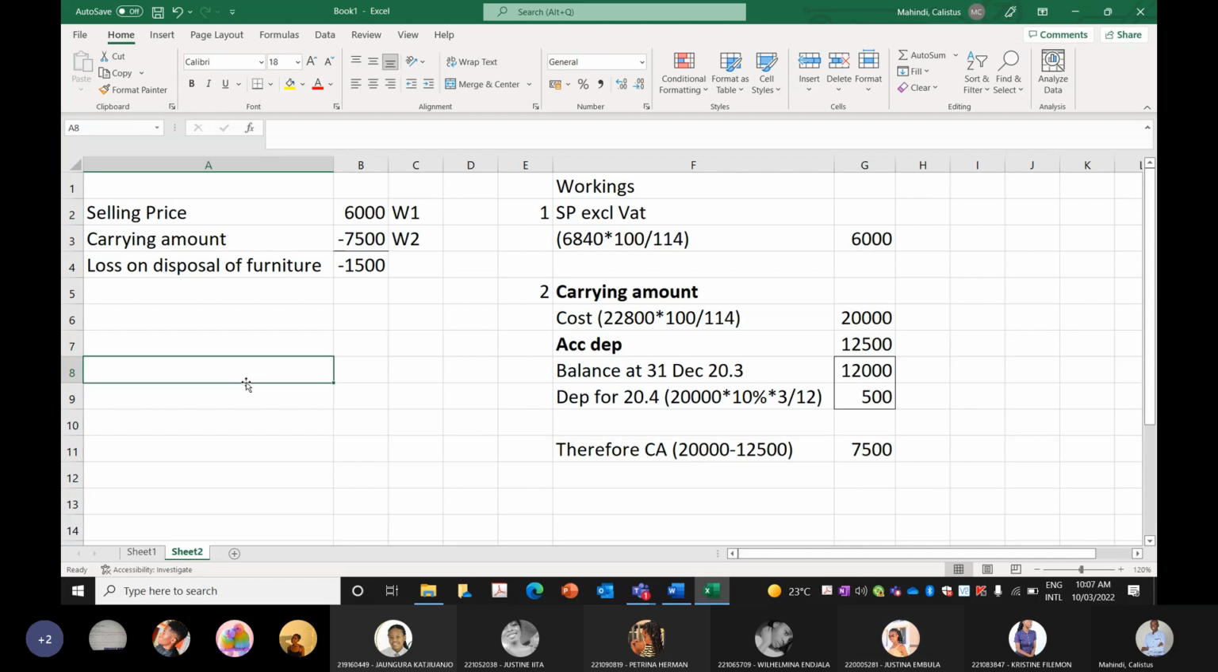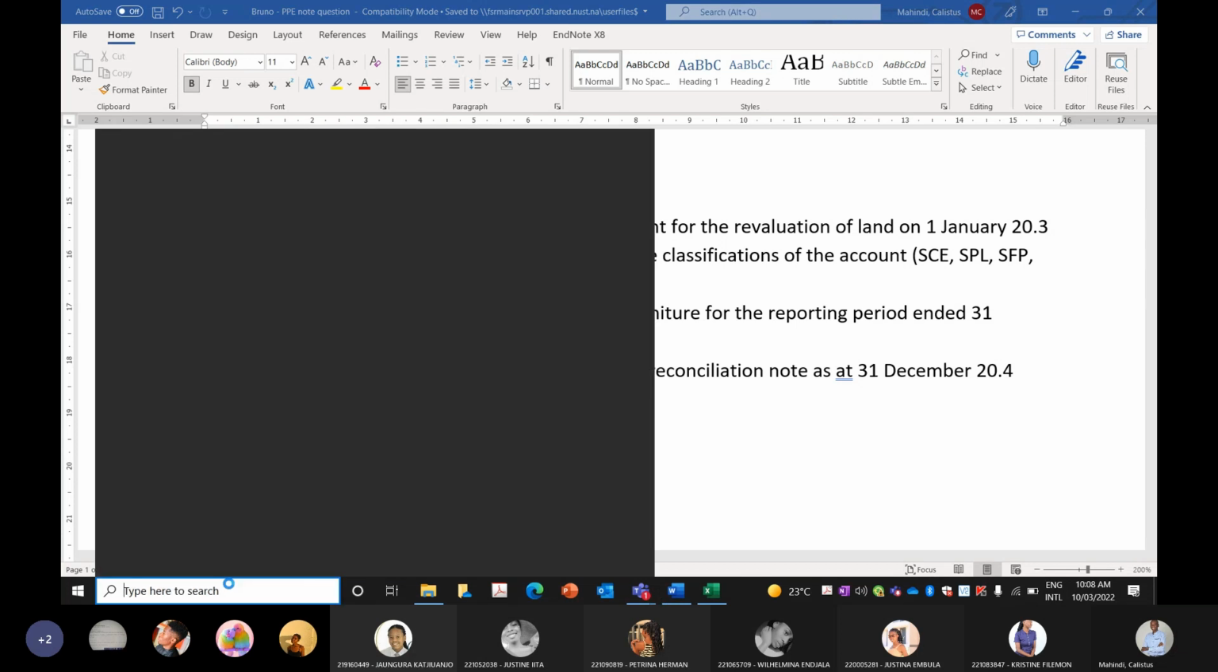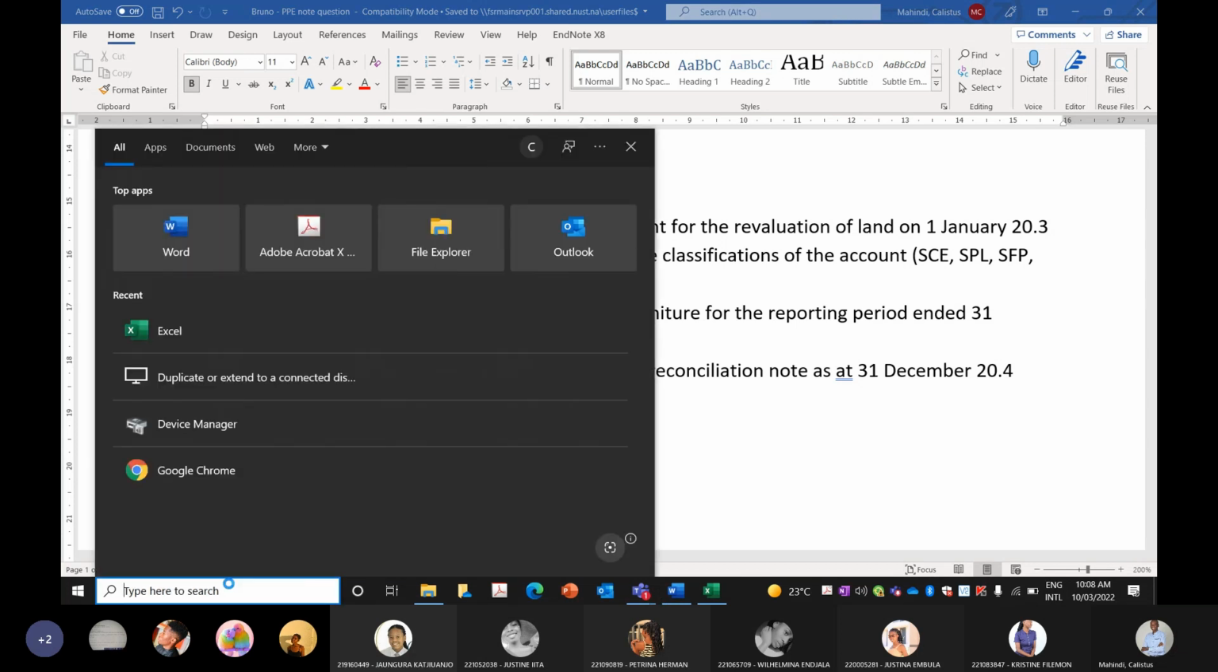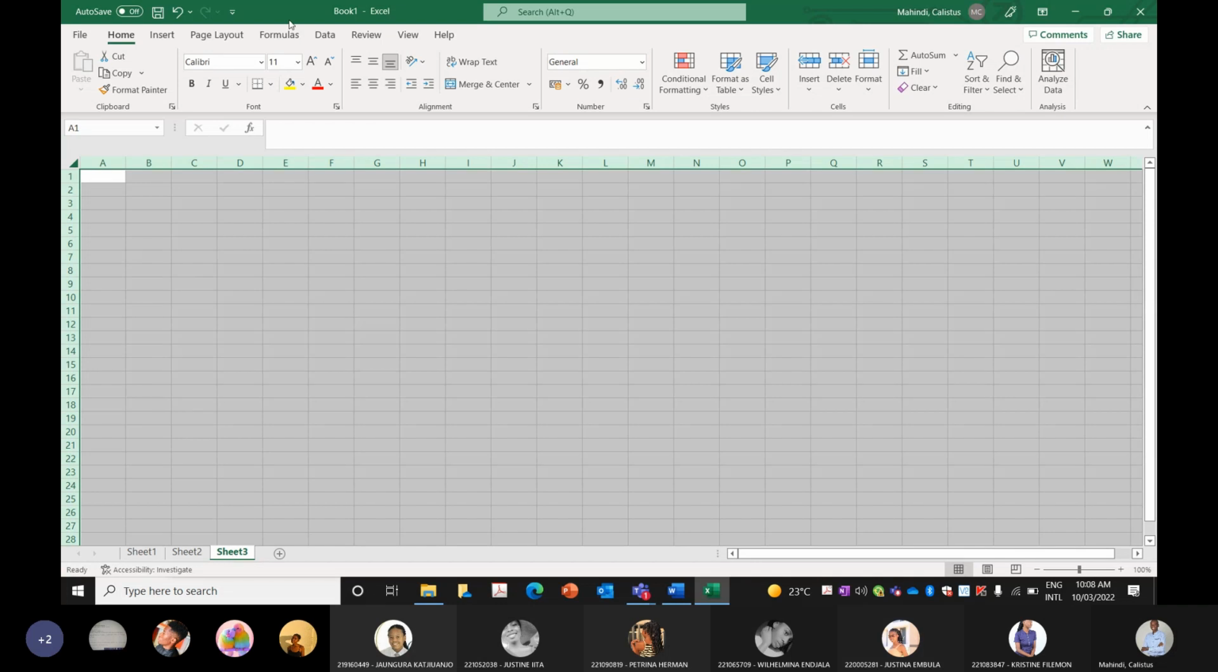Let us go and deal with requirement number 3. Disclose the property, plant, and equipment reconciliation note as of 31 December 20.4. All right, let us disclose that. And so there are a few components that we have to deal with here. We have land, buildings, furniture, etc. All right. So you know the format of the PPE note already from first year,